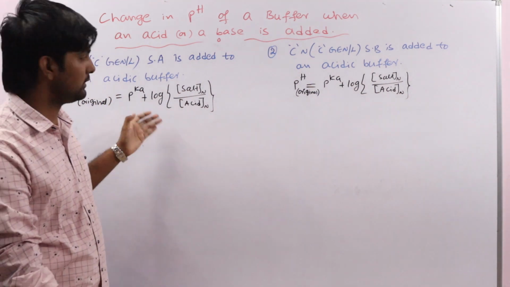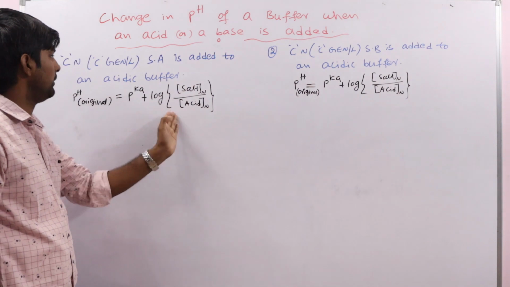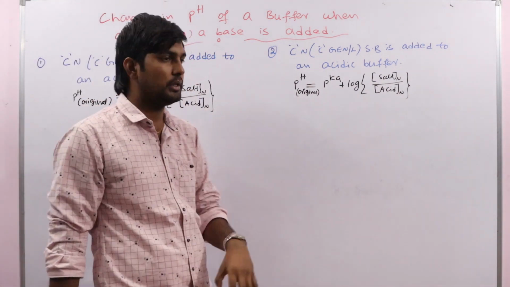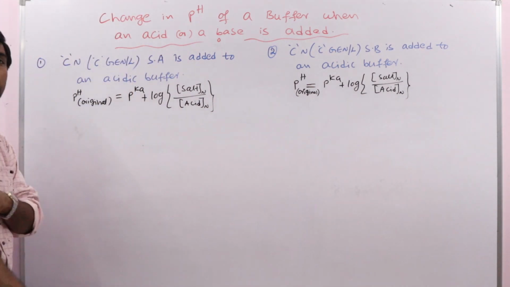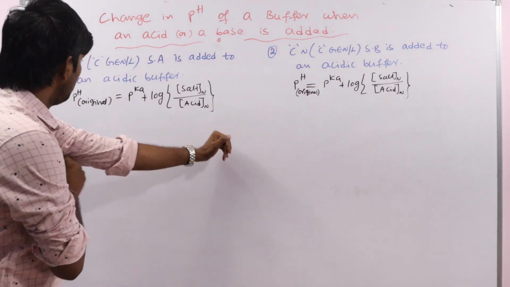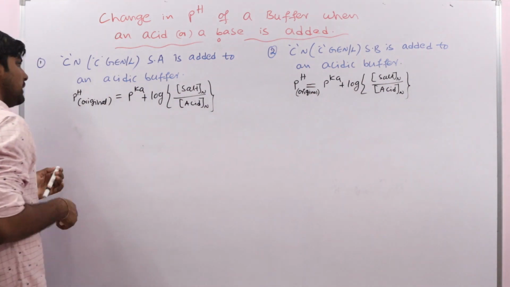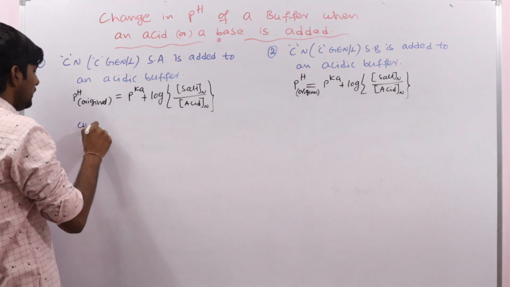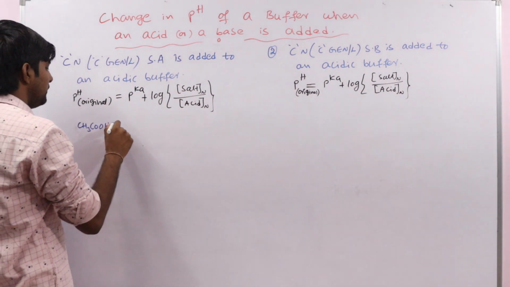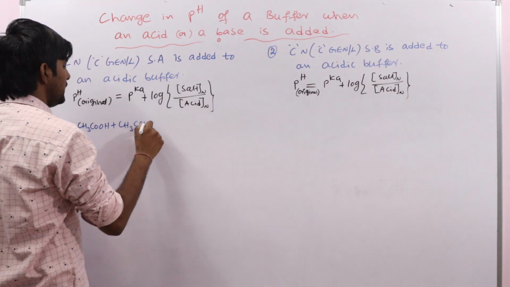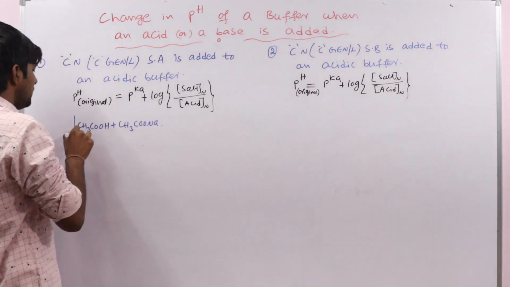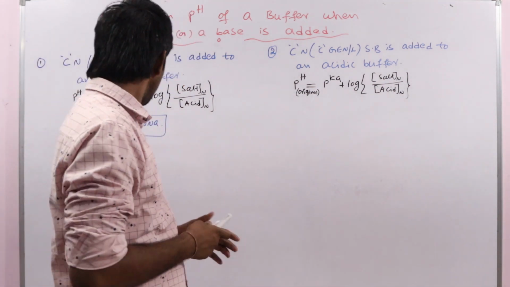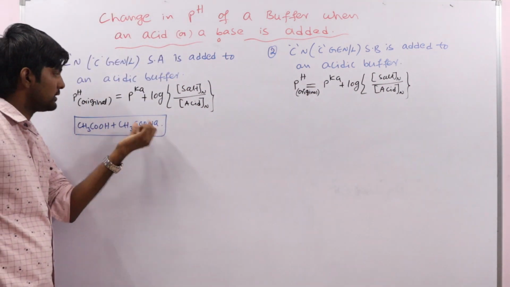So already we discussed this one. pH equal to pKa plus log concentration of salt by acid. See here, all the concentrations I am taking in the normalities only. Now let us consider an acidic buffer. What is an acidic buffer? A weak acid plus its salt with a strong base, yes or no? So this is the example which we are taking for understanding purpose. This is the weak acid and its salt.